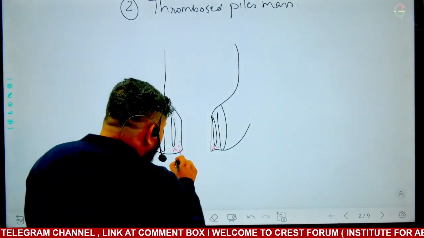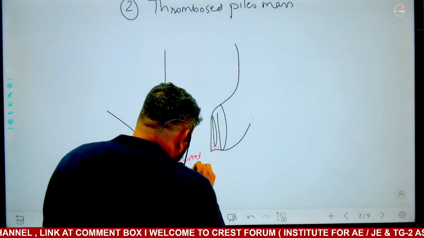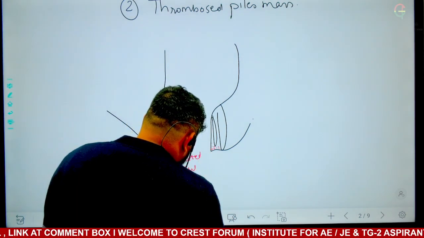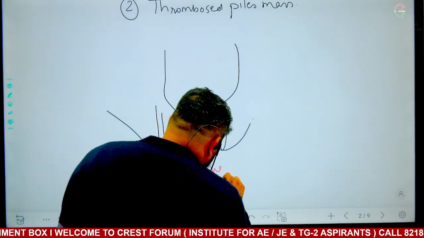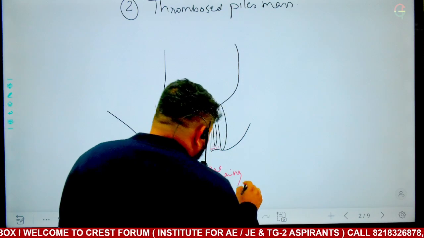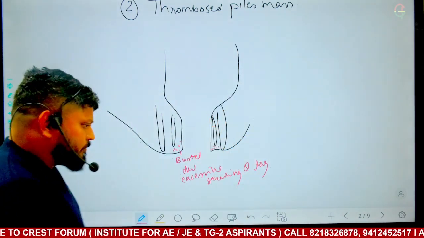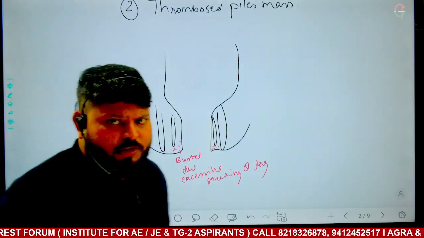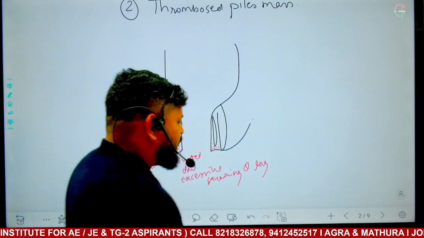Which gets busted due to excessive straining and long sitting. We will talk about the risk factors which can cause this kind of hemorrhoids. Okay, right now you keep in mind